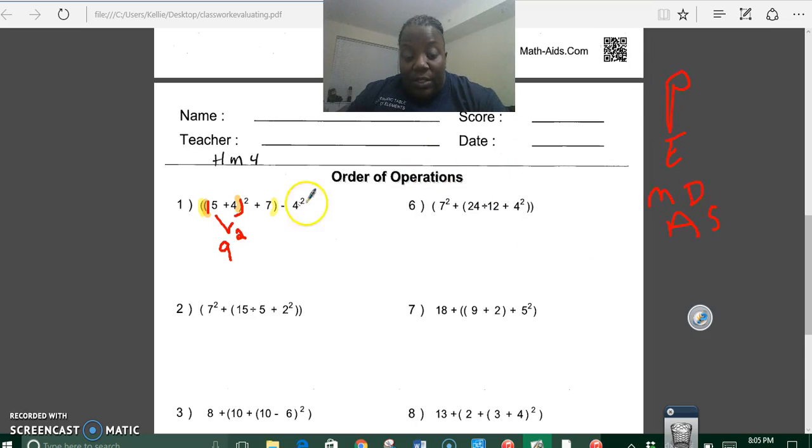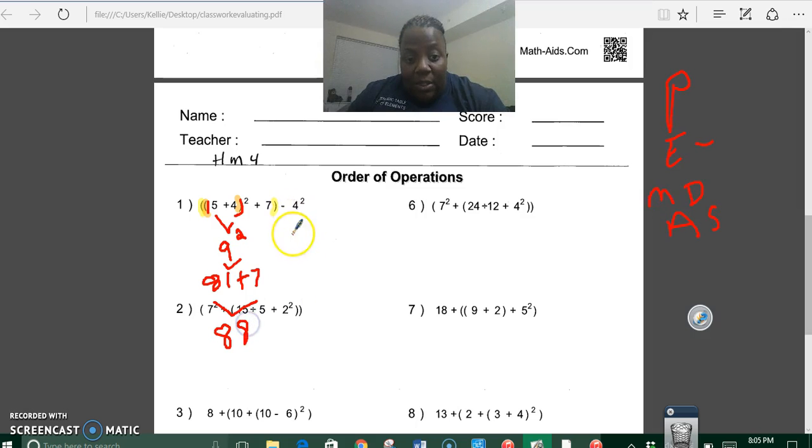So the parentheses, that's what we're taking care of. And now we see we have an exponent, right? So 9 times 9, remember that's not 9 times 2, it is 9 times 9. So that's going to equal 81. You're still in the parentheses. So you have 81, bring down the plus 7. So really what you have is 81 plus 7. That gives us